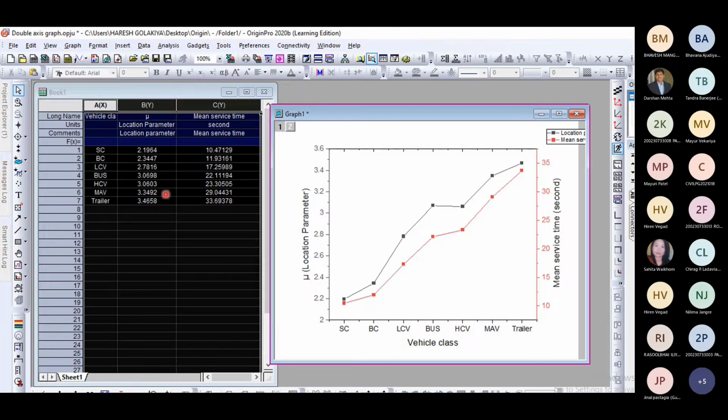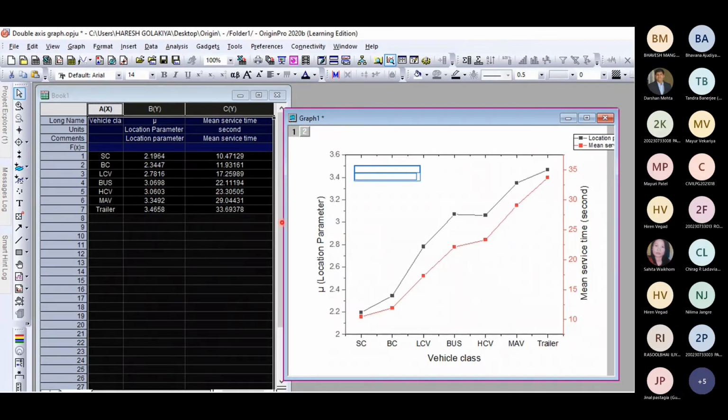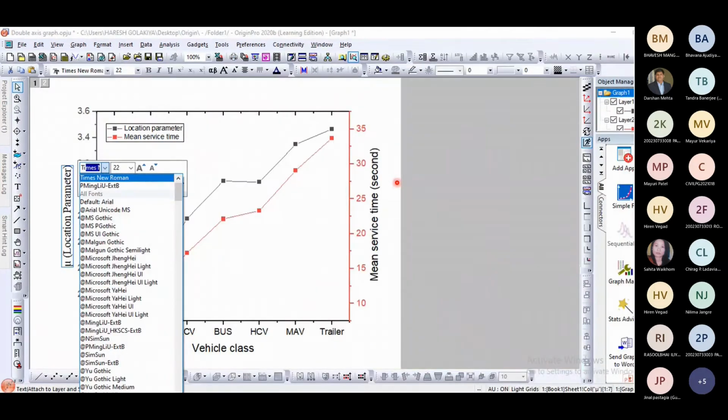On one side, this parameter mu is there, which is the location parameter, and on the other side of Y, mean service time is available in seconds. So this way we can plot the double Y. It is very simple. You just have to see that 1 X and 2 Y data should be there. Now we can carry out the necessary modification.